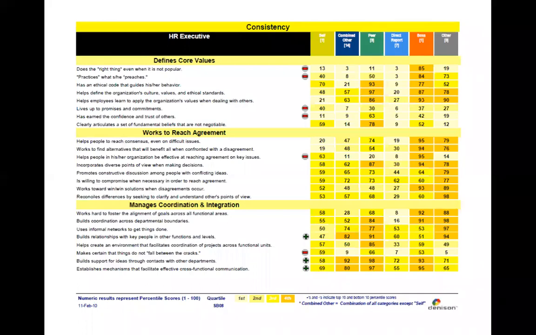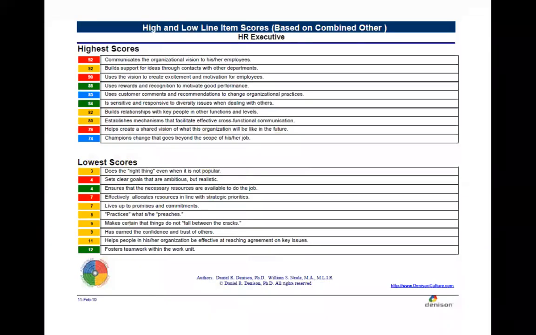So this level of feedback comes through on all of the 96 items in the survey for the peers, direct reports, boss, combined other, and any other segment that you want to include, in addition to the self scores that the individual manager generates. So that's a little bit of an overview of the Leadership 360.